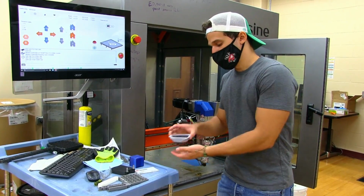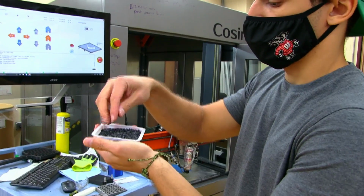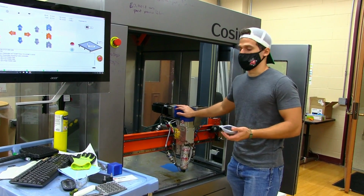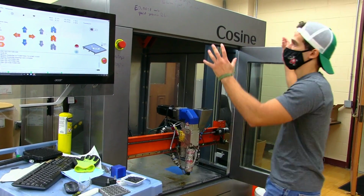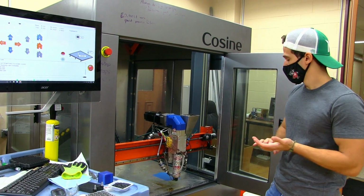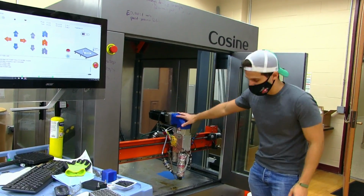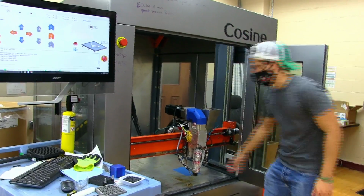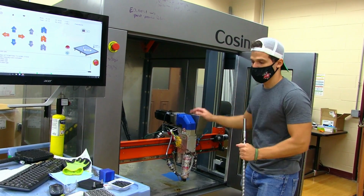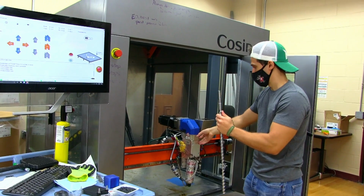Alright, so as the material comes out of the extruder that we just showed you, it comes out in this form of pellets that we can then bring to this special 3D printer that we have here. This is essentially a larger version of the 3D printers you've probably seen everywhere else. The main difference, other than its large size, is that this 3D printer works by using a screw system. So you supply the material here in the form of pellets, and due to gravity it's going to go inside this